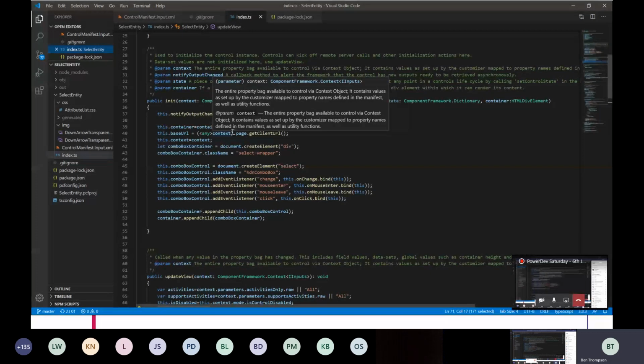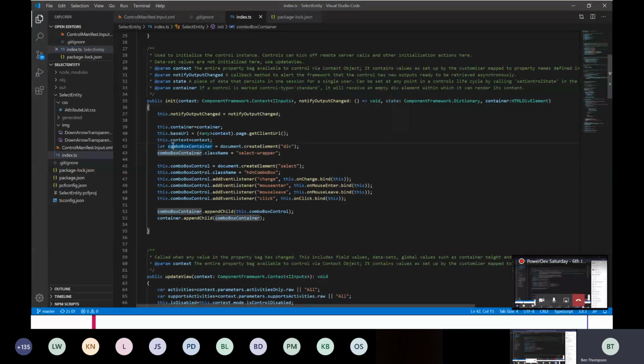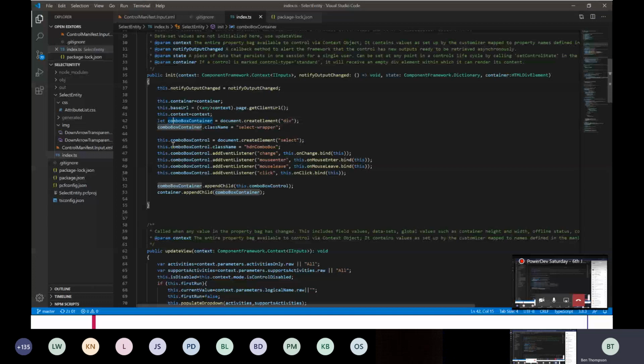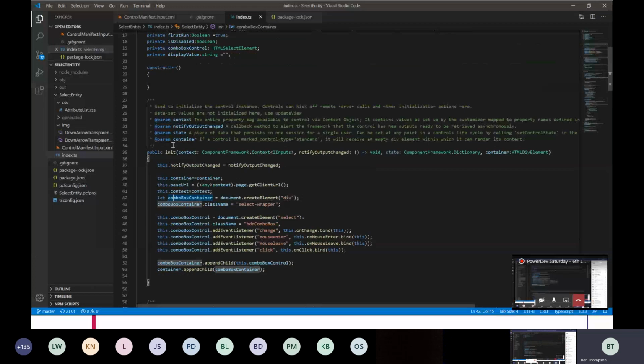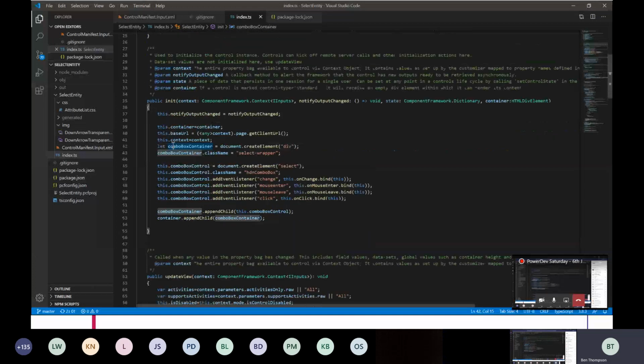Okay, so as with all PCF components, there's the same structure as anything else. There's the initial installation class, there is the update view class, which is updated all the time, and there is an output. So for this control, which is the simplest one, and actually one of the first ones I think I ever wrote, the init control is loaded as the page is loaded,